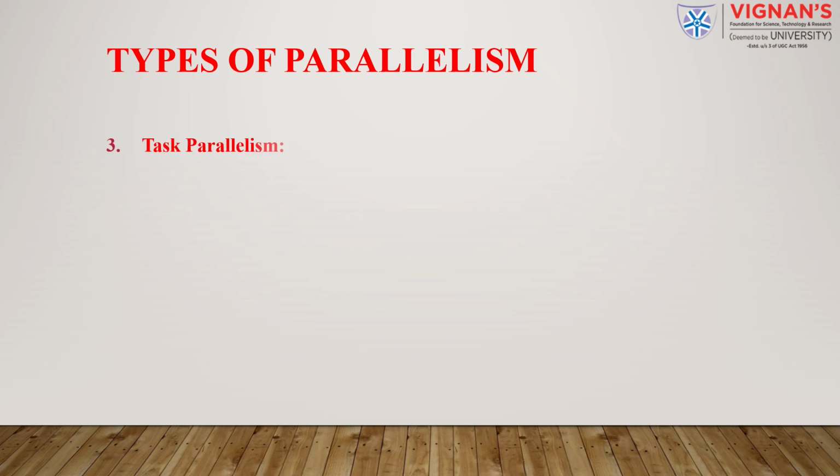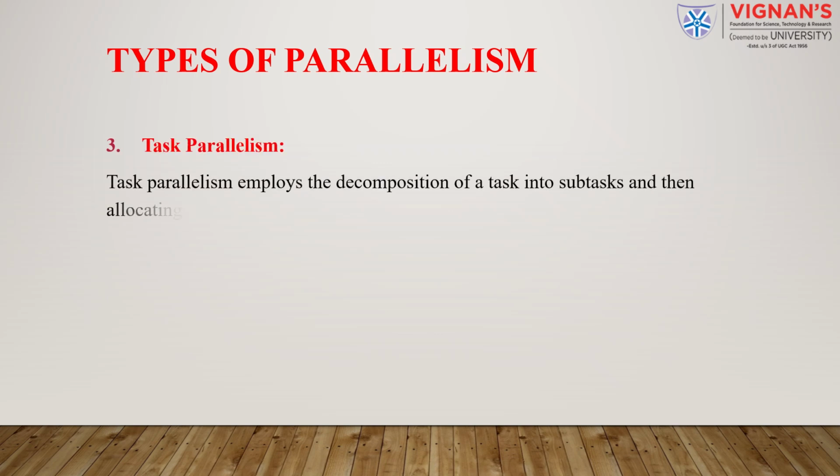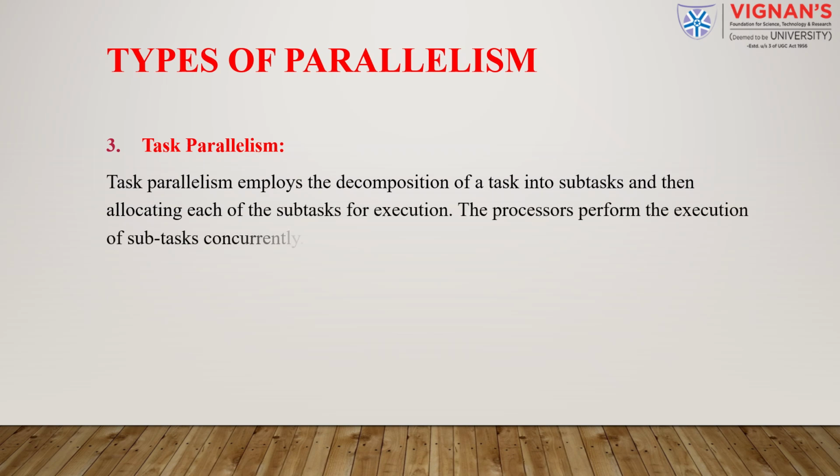3. Task parallelism. This involves decomposing a task into distinct subtasks and allocating each one for execution. The processors then perform the execution of these different subtasks concurrently. Imagine a kitchen where one person chops veggies while another cooks the meat. Different tasks, same goal. 4. Data-level parallelism, DLP. Here,